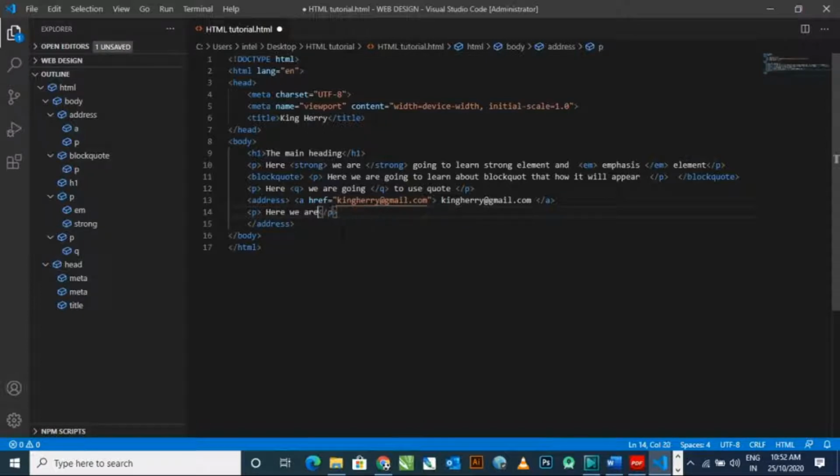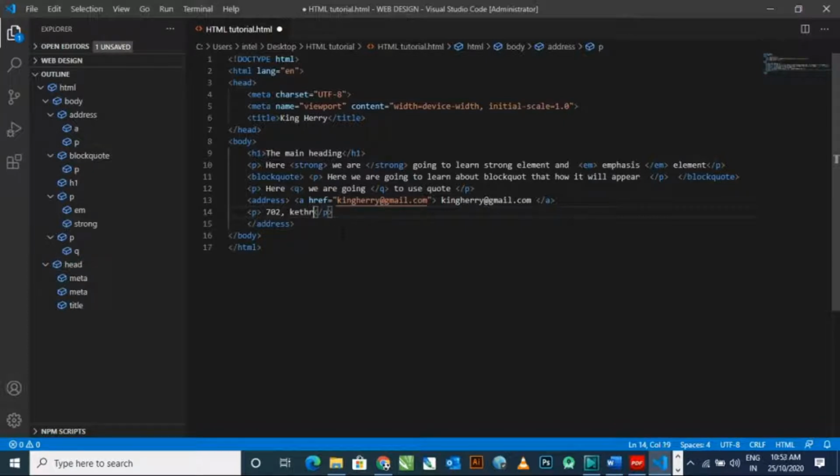I'm changing and typing a correct address so that you can understand. 702, let me type something normal which is not present in the world.